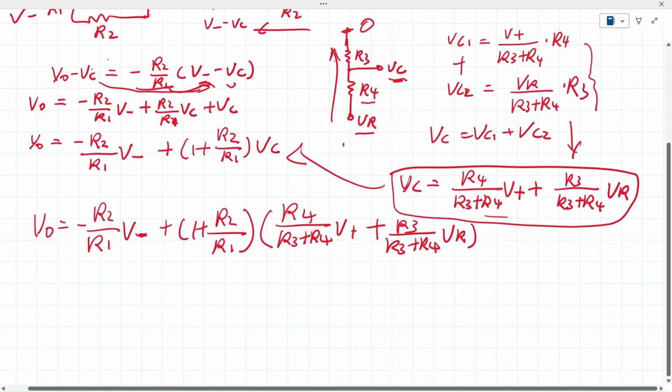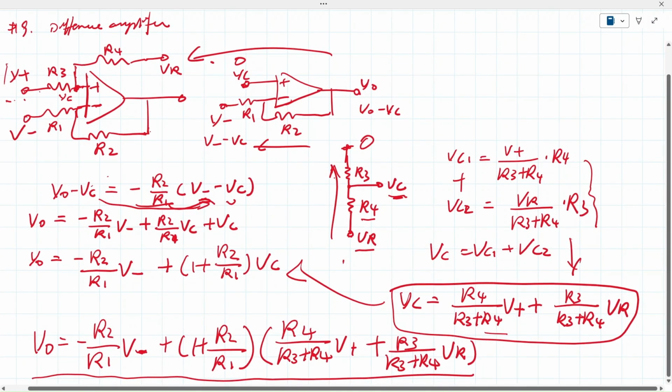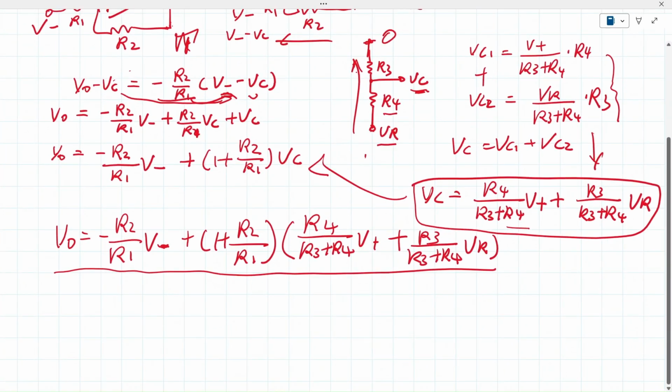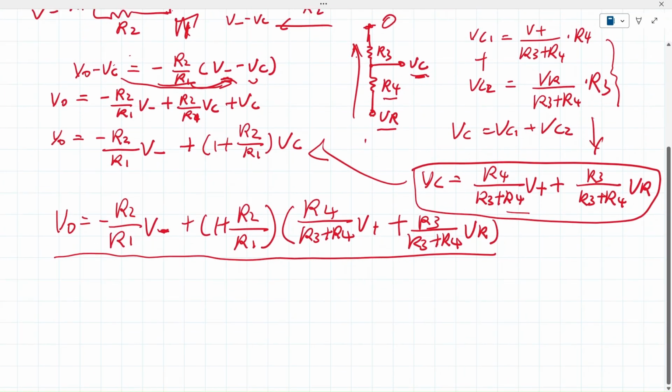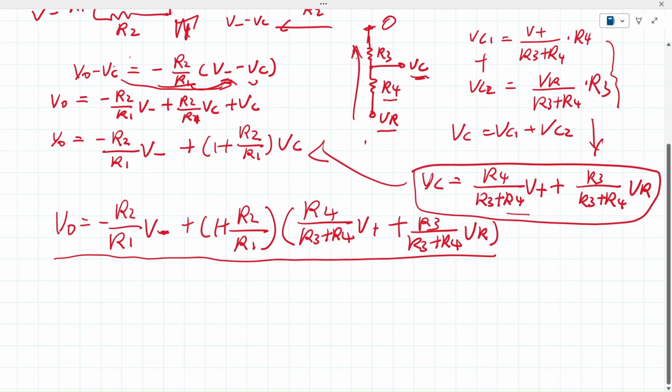Okay, this is the full equation for this circuit up to here. It looks like a whole lot of stuff and really scary, but we can make some